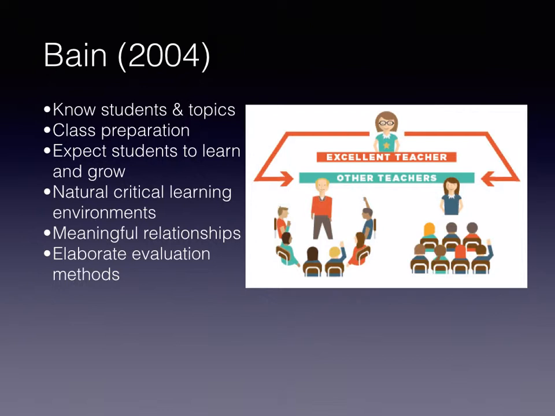Now, on the university and college level, that is a critical statement, because a lot of times at the college and university level, in order to get tenure and be promoted as a college professor, you have to do scholarship, which is journal article writing, publishing, presenting at national conferences, getting grants, and all those types of things. So what Bain is saying is that the excellent college professors are doing those things, but they also see that preparing to teach and teaching is just as important as those scholarship activities, and that's a big thing in the higher ed area.